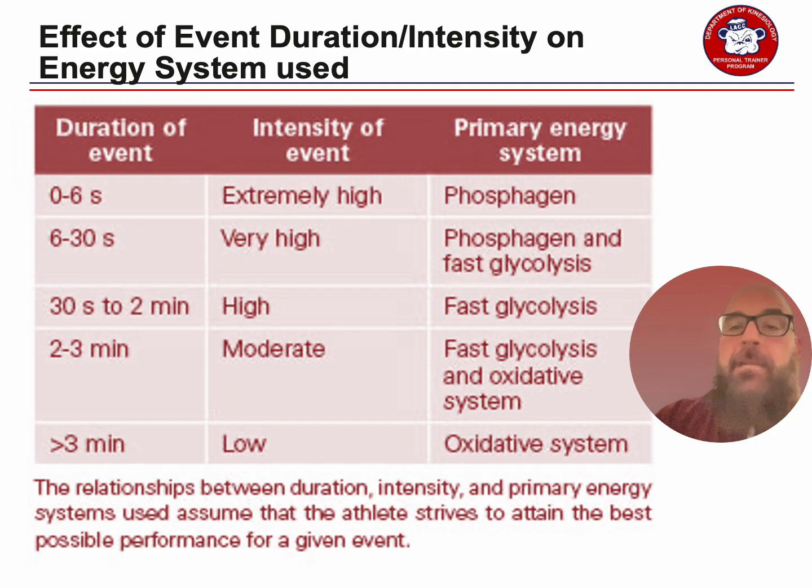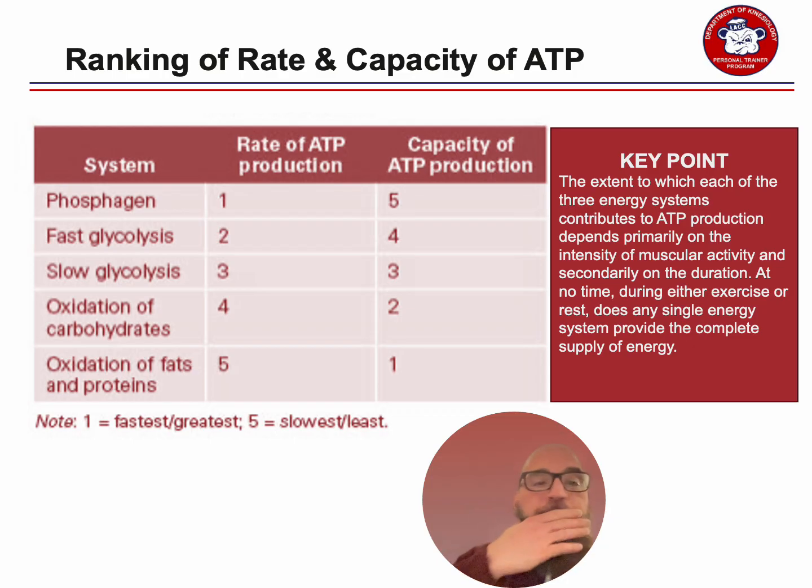All right, ranking the rate and capacity of ATP. So you look at the phosphagen system. The rate of ATP it produces is 1, the capacity of the ATP produced is 5. Fast glycolysis, the rate of ATP is 2, with the capacity being 4. Slow glycolysis, so now we're using a little bit more oxygen, starting to breathe a little bit more,